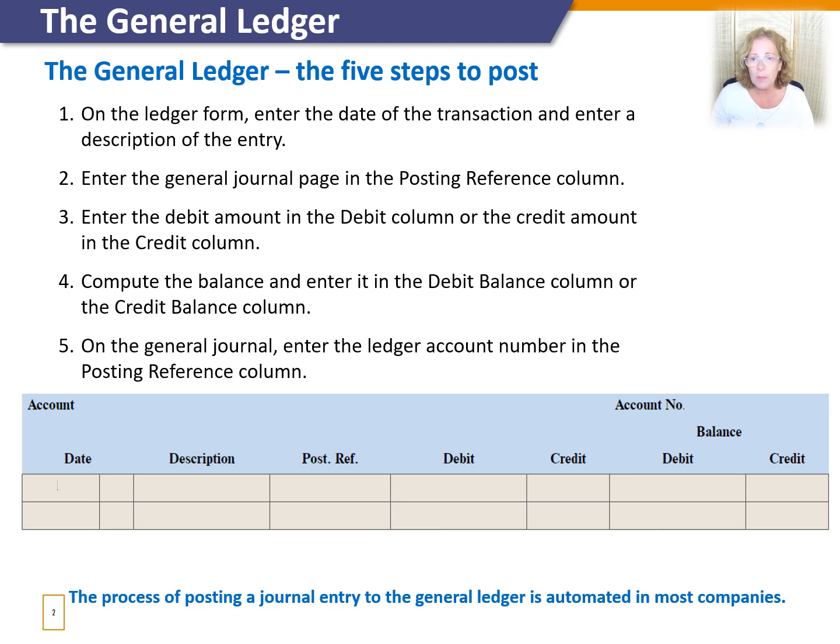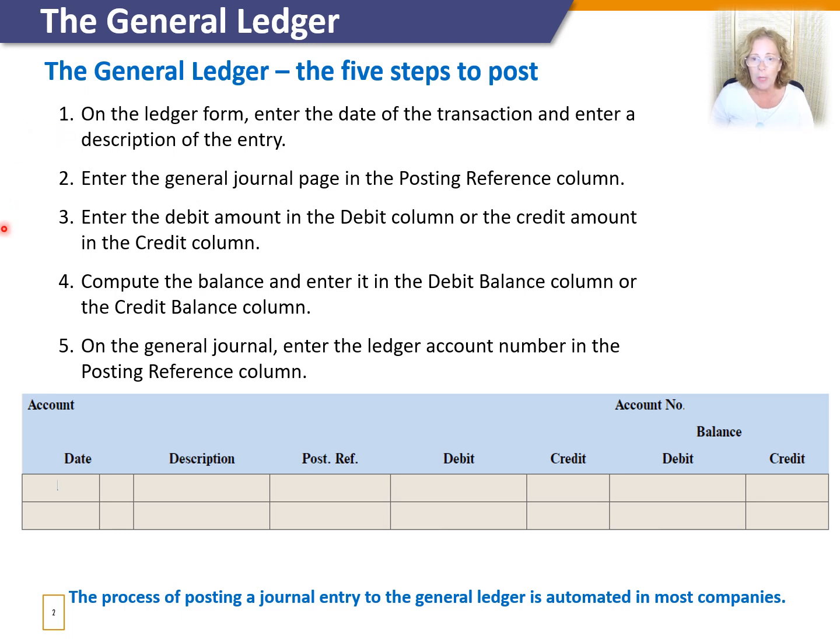The process of posting is automated in most companies, but you need to understand what the system is doing and be able to test that everything functions as it should during system implementations. Typically, the accounting team is responsible for end-to-end system testing when system modifications are being implemented. So it may seem tedious, but this is what you need to know because you will likely be involved in system upgrades and testing. The process of posting a journal entry to the general ledger consists of these 5 steps.